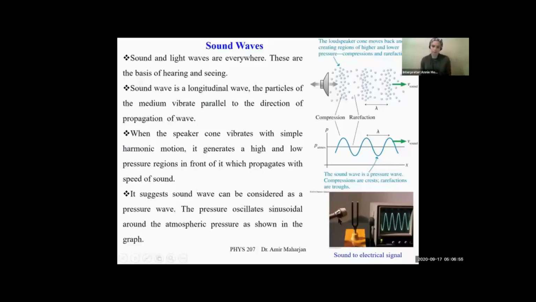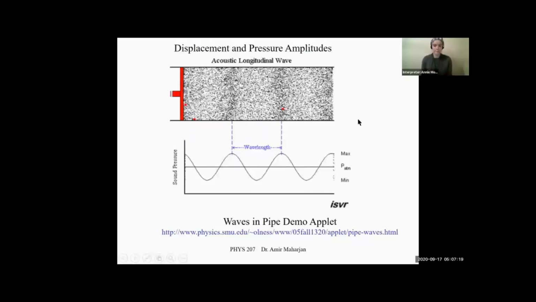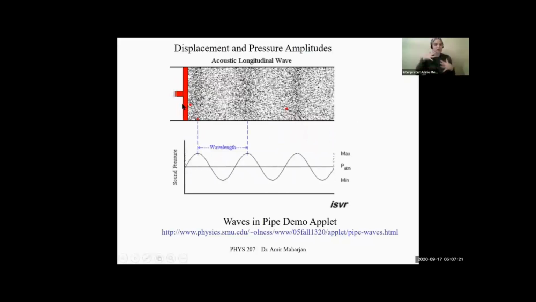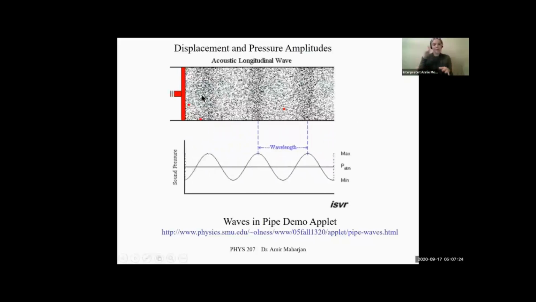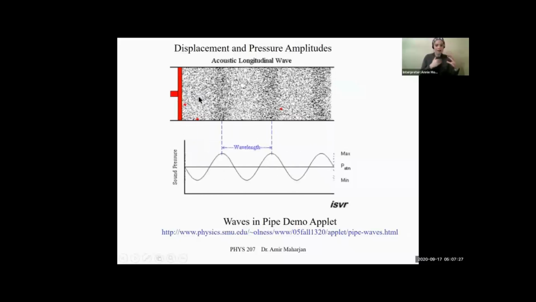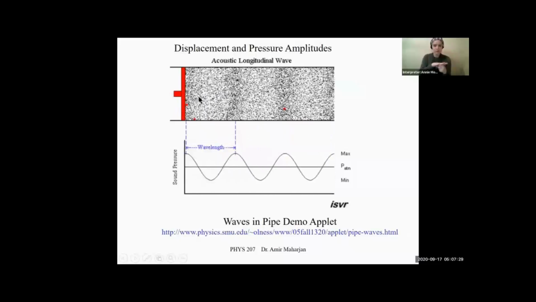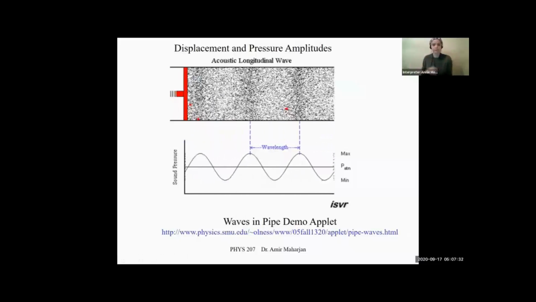And you can easily convert sound energy, the sound wave, into an electrical signal, an electrical wave. What you need is just a microphone and a source of sound, and you can connect it with an interface to the computer. Then you can easily convert the sound energy into electrical energy in the lab. So here, one more basic thing. Sound wave is a pressure wave because when the speaker vibrates, it creates a pressurized, high pressure region, which propagates over distance. That's how sound wave is propagated.